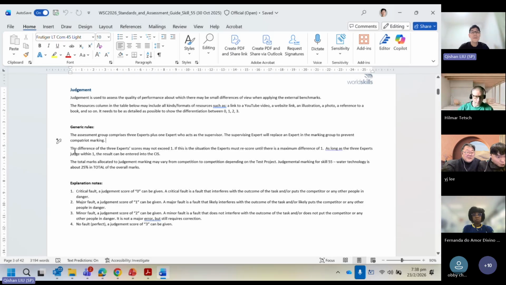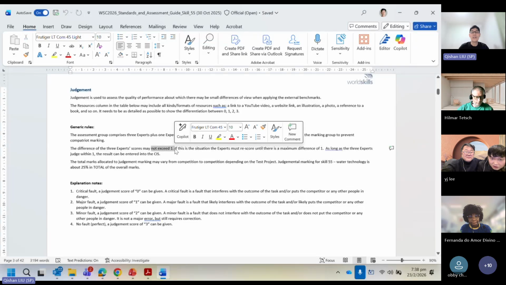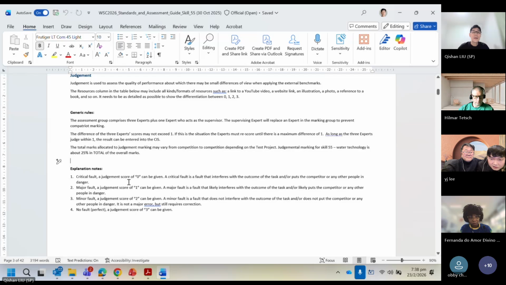Then there's a description that the difference in score among the 3 experts cannot exceed 1. Again, I will explain a bit more in a future session. You can give a judge score of 0, 1, 2, or 3. A critical fault is a fault that interferes with the outcome of the task